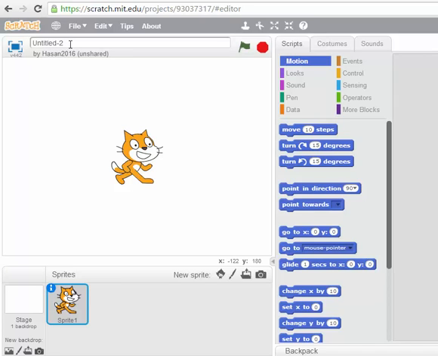That means we just have created a project. So what do we have when we create a project? When you create a project, you get a sprite. You can see that the name of this sprite is Sprite 1. So what is a sprite? A sprite is actually a character,